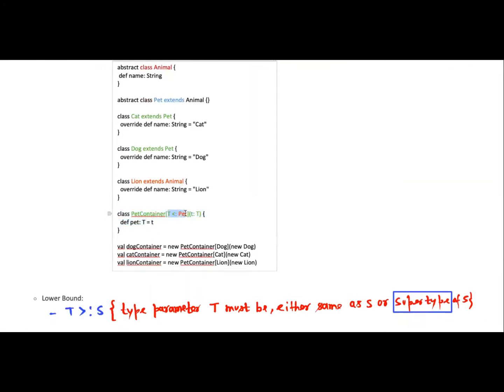This is what we are doing as a parameter. PetContainer is another class, but in that we are passing some parameters. Here, as you can see, we have written a type, which is a class type, and we are passing T, the type parameter. During the definition of this class we have already mentioned that it has an upper bound of Pet.